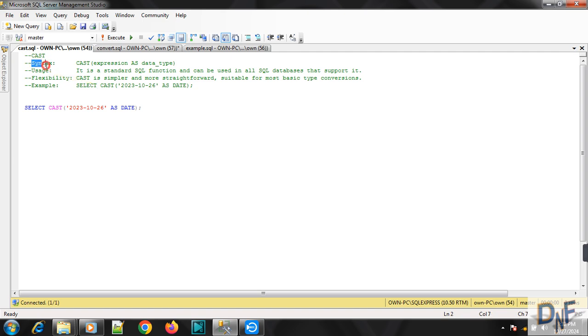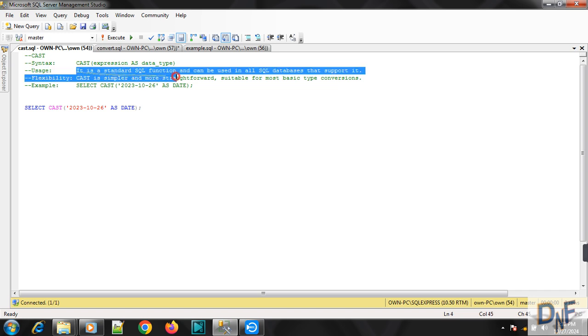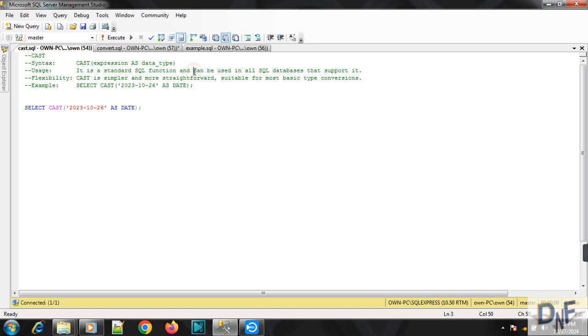First we take the syntax. What is the syntax of the cast function? The cast function has a simple syntax. We put the CAST keyword, then the expression, meaning the value, and then the data type you want to convert this value to, after AS. And what is the use of the cast function? It is a standard SQL function and can be used in all the SQL databases that support it. Means standard